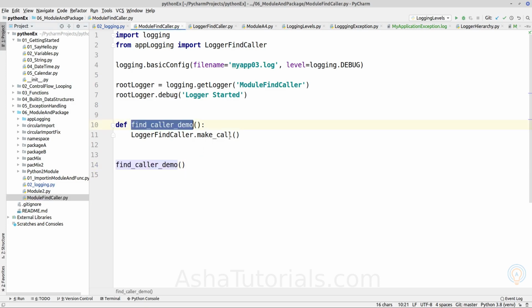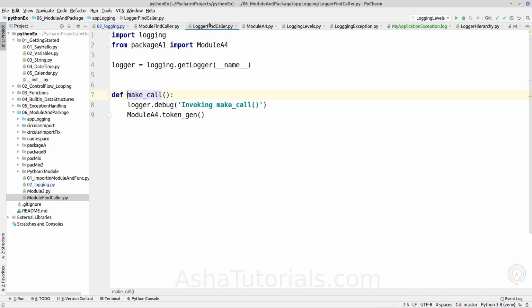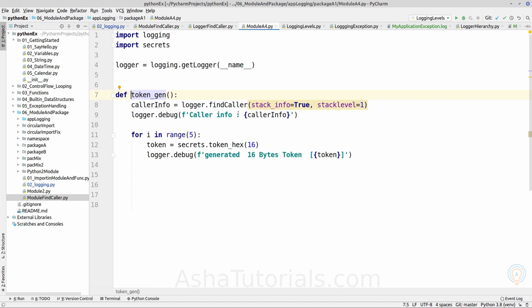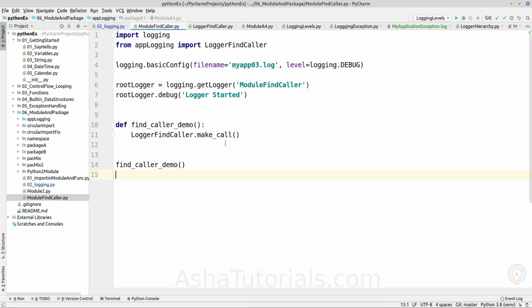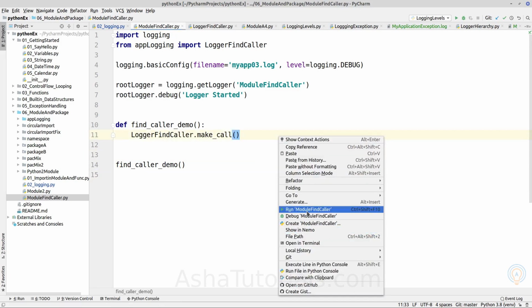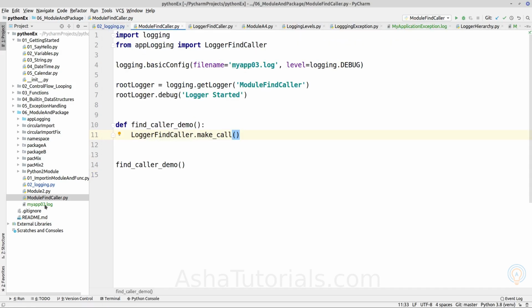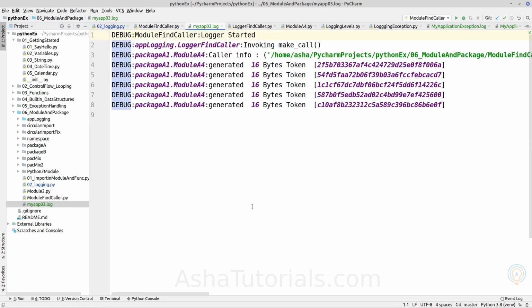So inside the findCaller, it is calling make call, which is inside the module logger findCaller, and it is invoking token generator of module A4. So this is the call hierarchy. Now if we have configured logger findCaller inside our function, and if we execute this function, it should capture the caller. It is calling from here, from module findCaller, and here we have configured the basic config with a FileHandler, so it will create a log file, and if we analyze it, it is capturing the caller information